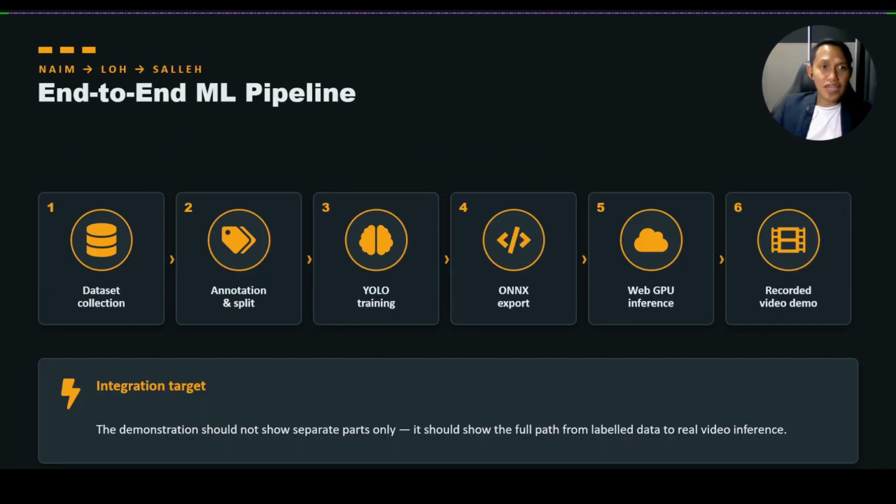This is our end-to-end machine learning pipeline. The first step is dataset collection, where we gather pothole and road images. The second step is annotation and split, where potholes are labeled and the data is divided into training, validation, and testing sets. The third step is YOLO training, where the model learns to detect and segment potholes. The fourth step is